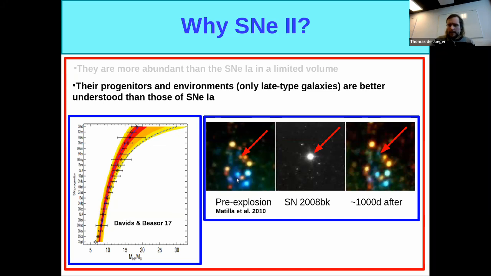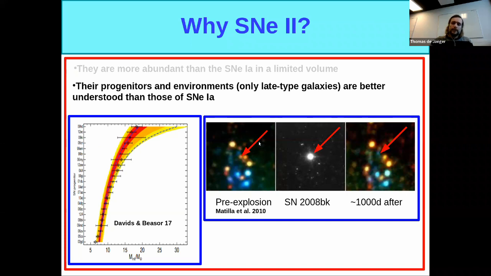You can see an image, a pre-explosion. Here you have the arrow which helps you see where you need to look. You can see an orange star here. Suddenly you have an explosion, a supernova, which was called 2008BK, sorry. And then you look at the same place more than 3 years after, and you can clearly see that you don't see any orange dots.